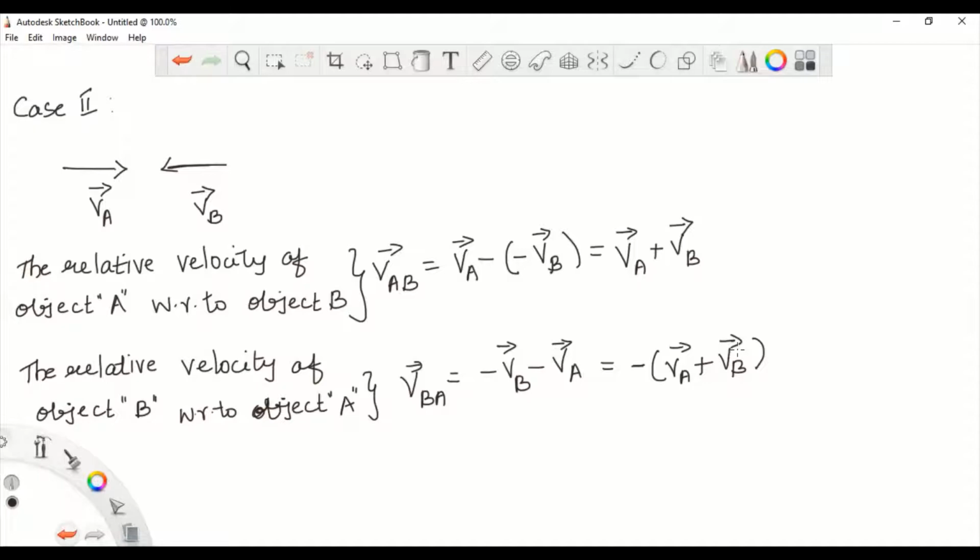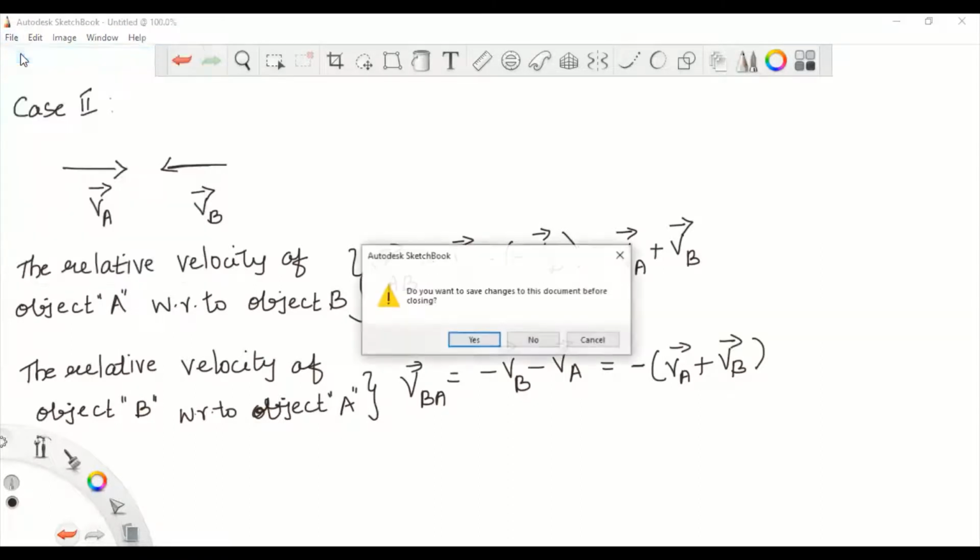Now, let us see what is the third case. In the third case, we are going to discuss two bodies which are moving with velocities VA and VB at an angle theta between their directions. Okay, they are not traveling along straight tracks. There will be an angle between these two bodies. What is that angle? Let theta be the angle between their directions. Okay, so we'll discuss that. Hope all of you understood the first two cases, children. Let us move on to the third case.